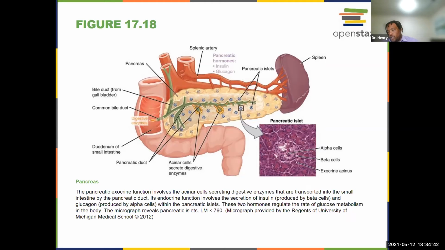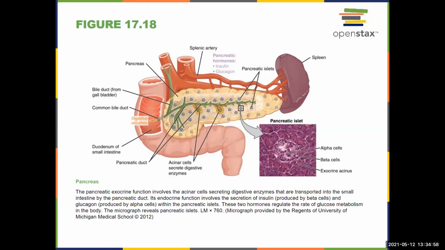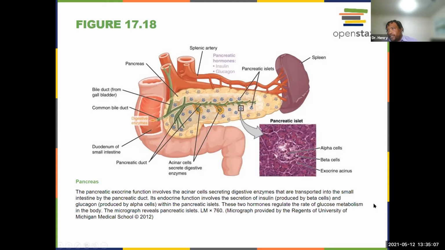It also is responsible for the production of insulin and glucagon. And if we take a look, the primary production of all of these relies in these pancreatic